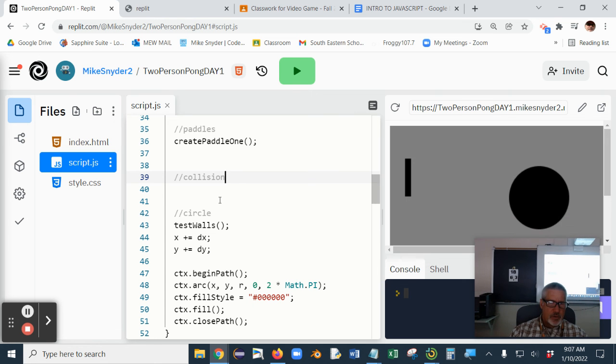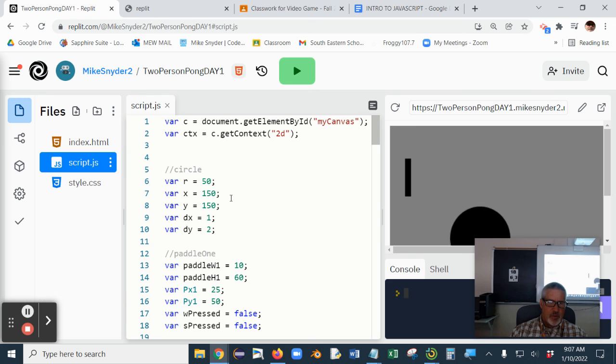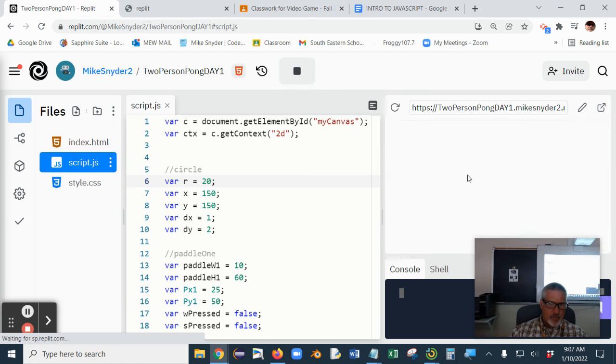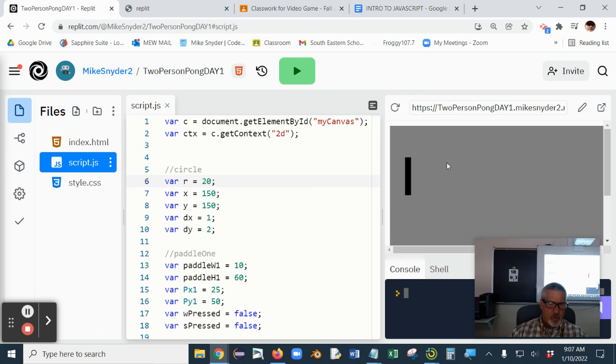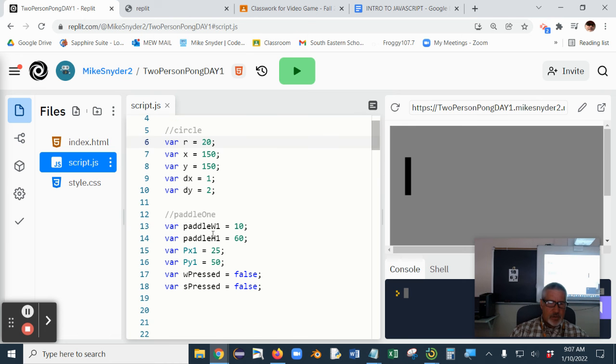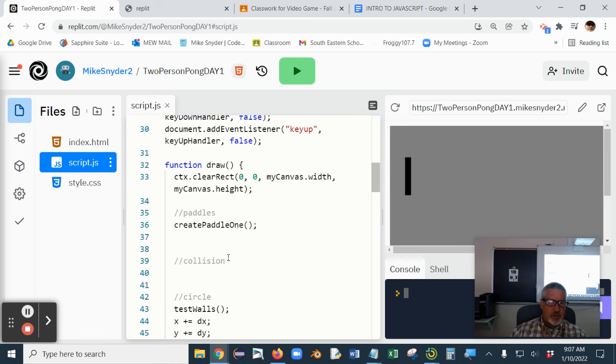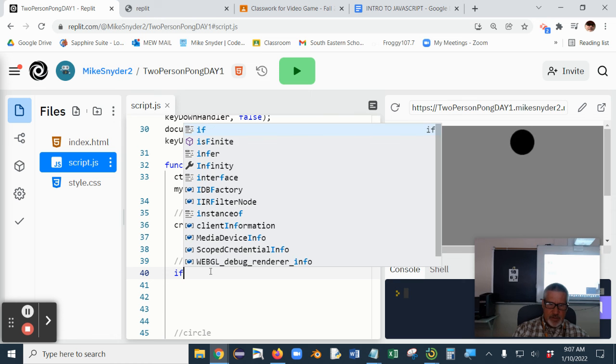All right, so good. I'm going to change this ball around. It doesn't need to be size 50. I'm thinking maybe size 20. How's that look? That's a little bit more manageable. Okay. All right, so in the collision piece, let me know when you're ready. Everybody checked, everybody should be okay. All right, so if